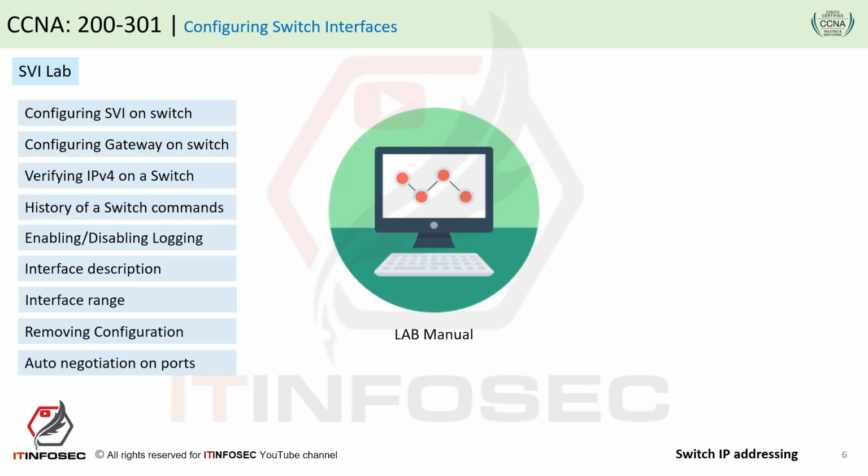Well, we come to the practical work of this video. In this laboratory, we will learn about configuring SVI on a switch, how to configure a gateway on a switch, verifying IP version 4 on a switch, history of switch commands, enabling or disabling logging, and interface description, how we can put a description on an interface. We will also learn how we can select interfaces by range, for example selecting 4 interfaces together at the same time with the interface range command,